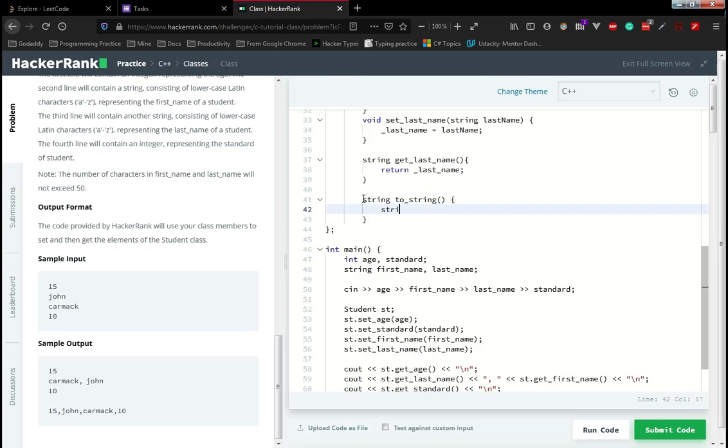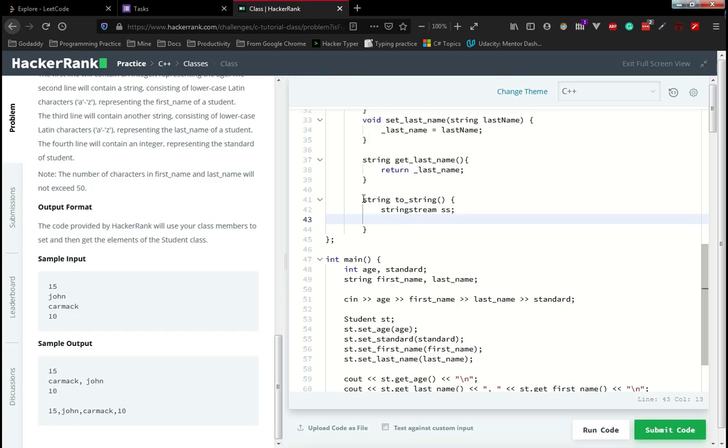Before that, string ss, you can give whatever value we want. First of all, 15 is nothing but the age. I think it is 1 if I'm not wrong, comma, we are going to append the character.